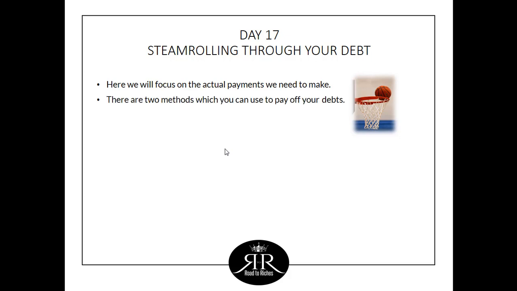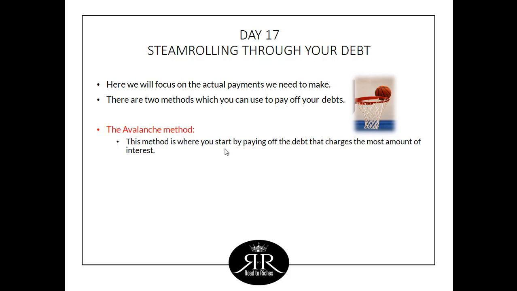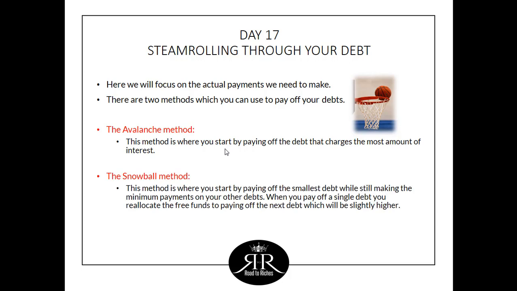So there are two methods which you can use to pay off your debts. The first is the avalanche method. This is the method where you start by paying off the debt that charges the most amount of interest first and work your way down. The next method is the snowball method. This method is where you start paying off the smallest debt while making the minimum payments on your other debts. When you pay off a single debt, you reallocate the free funds to paying off the next debt, which will